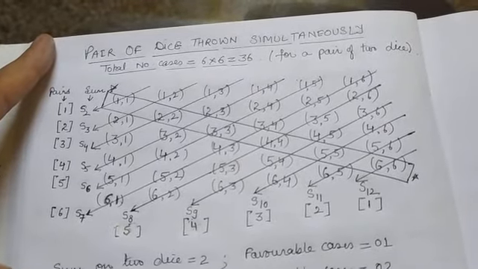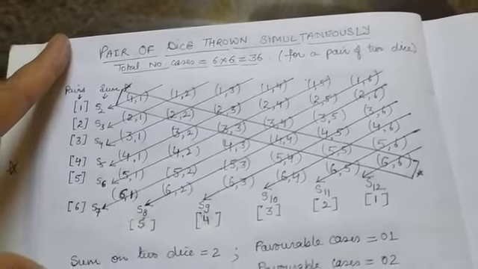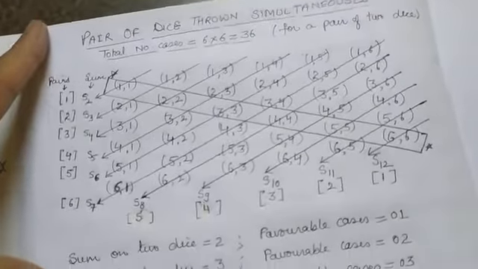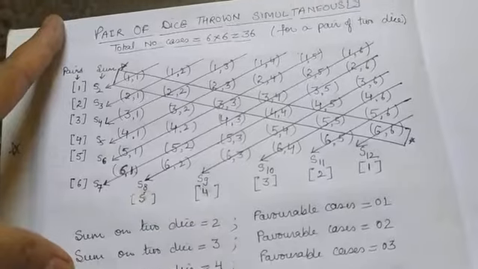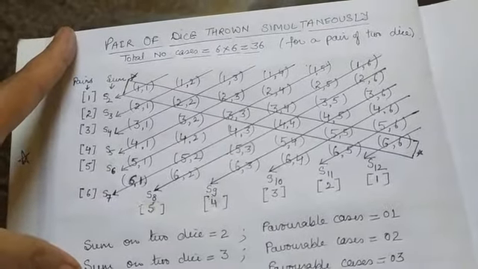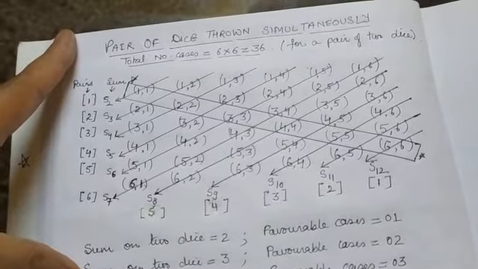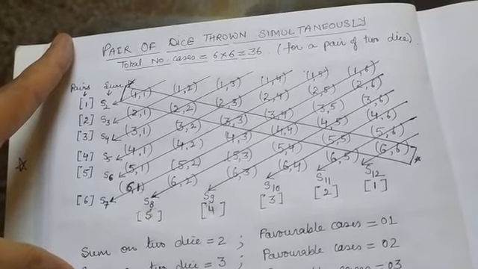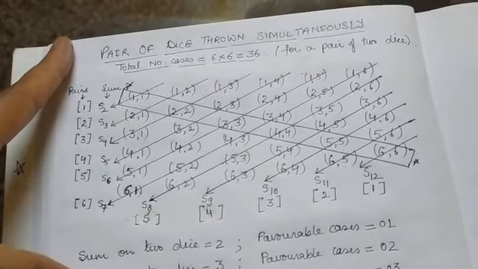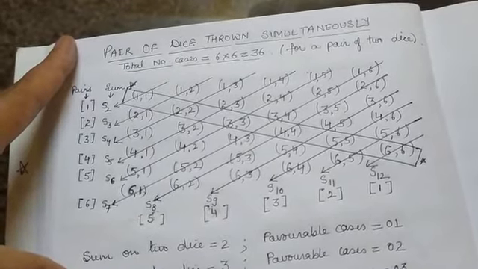So we have learned about the probability. Now we have to discuss the various numericals relating to the probability. Before starting the numericals, I want to tell you what happens to the various types of probabilities when a pair of dice is thrown simultaneously.